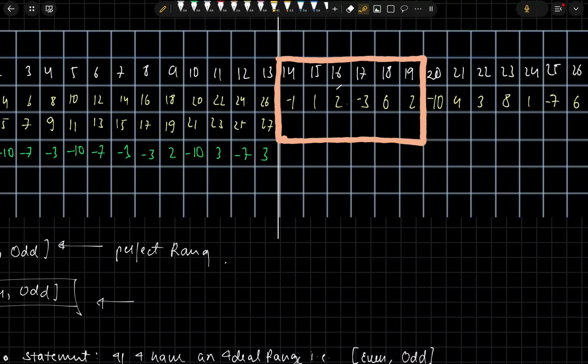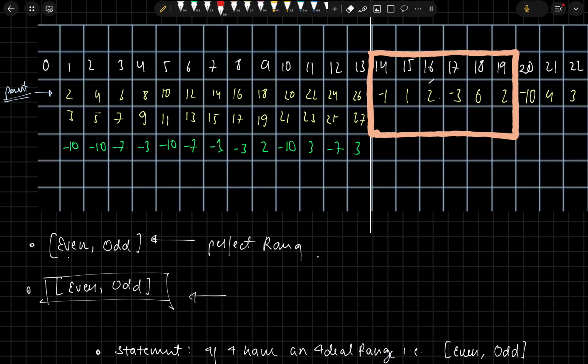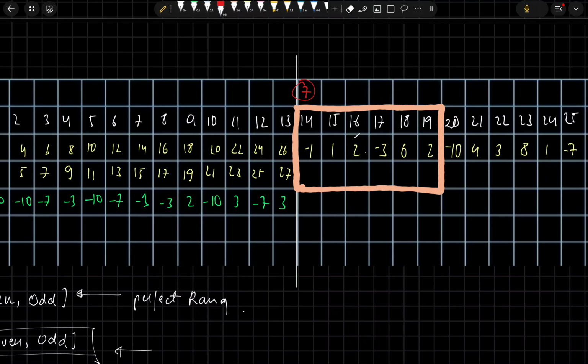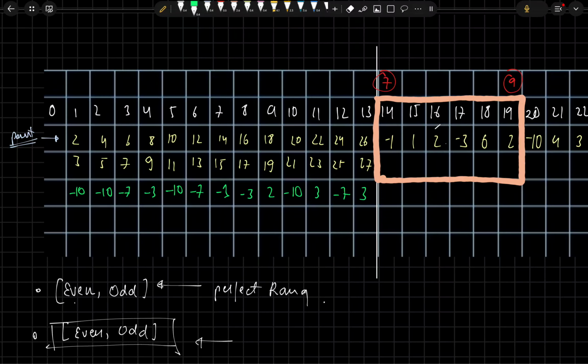मेरा स्टेटमेंट क्या था कि मैं 14 से लेके 19 तक की तुमको एक प्रॉपर रेंज, ऐसे पेरेंट नोड्स दे सकता हूँ जो कि इस पूरी रेंज को कवर कर रहे हैं। और कौन कौन से नोड्स होंगे वो? 14/2 दैट इज 7 एंड 19/2 दैट इज 9, है ना। तो मैं गया अपनी पेरेंट्स के पास, कहाँ गया, 7 और 7 से लेके 9 तक, ठीक है। तो मैं 7 से लेके 9 तक गया। अब मैंने बोला कि देखो, ये जो नोट्स हैं ना